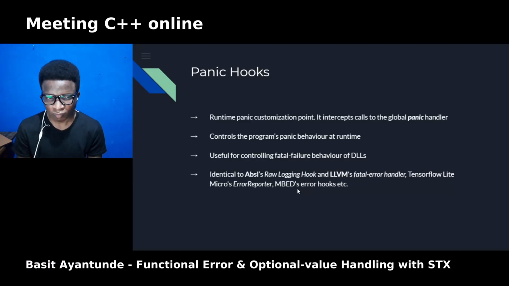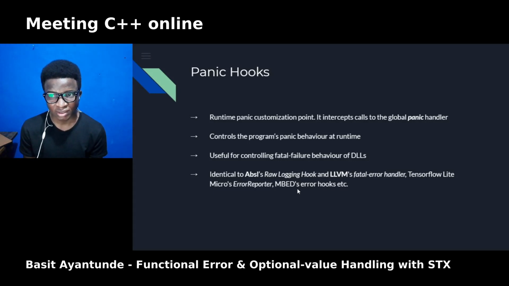If you need a more dynamic panic behavior that you can customize at runtime, you can use panic hooks, which work similarly to the panic handler. This is essentially useful for dynamically loaded libraries where you don't want the DLL to decide how to abort the program.